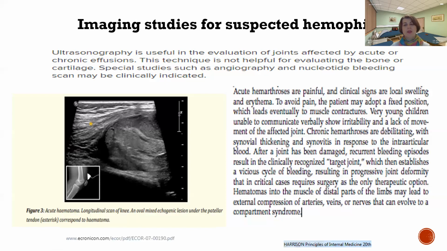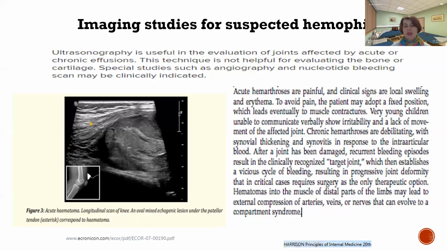To avoid pain, the patient may adopt a fixed position, which leads eventually to muscle contractures. Very young children unable to communicate verbally show irritability and lack of movement of the affected joint. Chronic hemarthroses are debilitating, with synovial thickening and synovitis in response to the intra-articular blood. After a joint has been damaged, recurrent bleeding episodes result in the clinically recognized target joint,